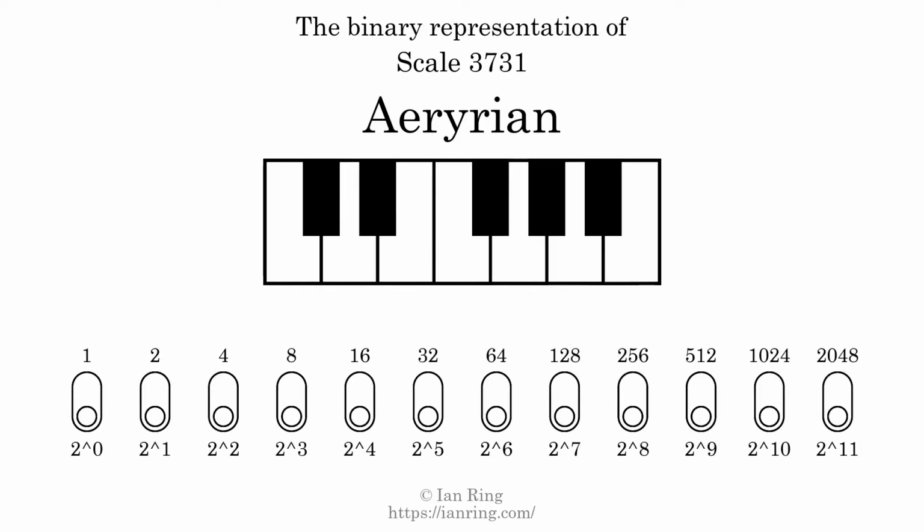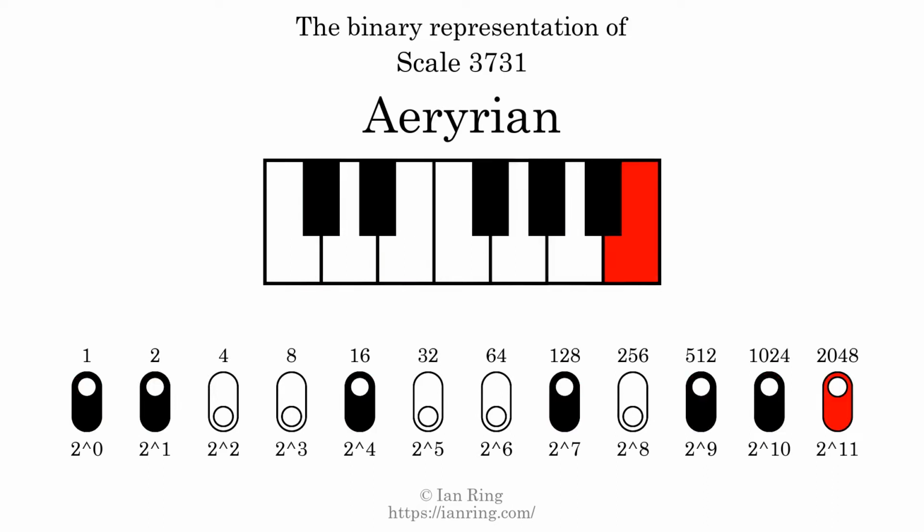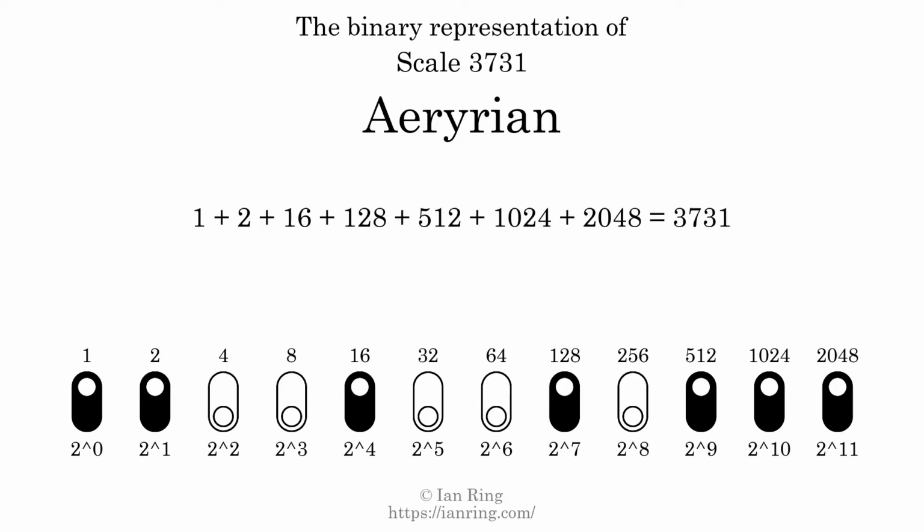The binary representation of this scale is determined by mapping tones of the scale to binary digits. Each binary digit represents a power of 2. To get the scale number, we add the powers of 2 together. The powers of 2 that are present in the scale, all added together, equals 3731. That is why the scale number, in decimal, is